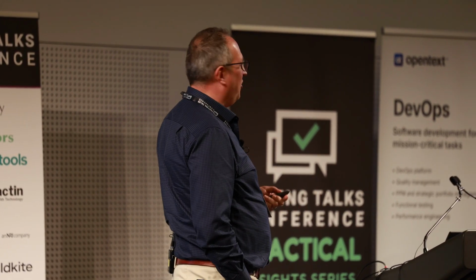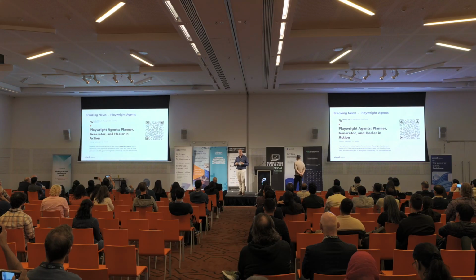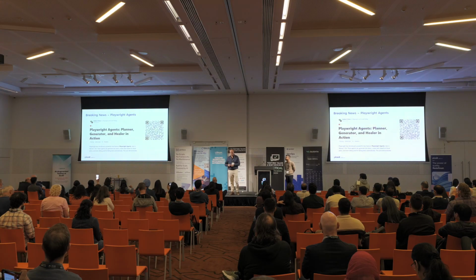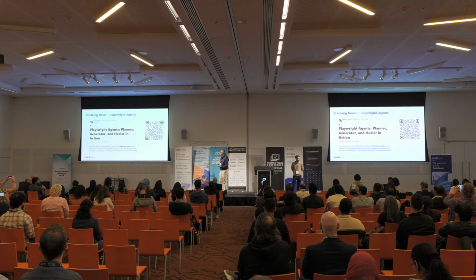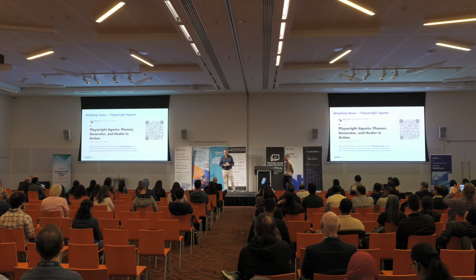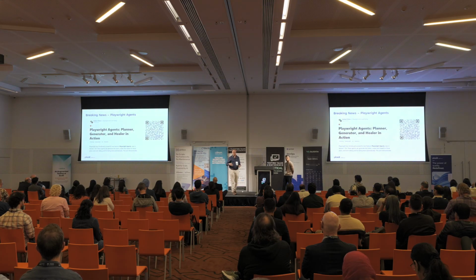As with most things in AI, this talk is now old because Playwright on Tuesday released Playwright agents. Which is great. It's really, really good. Effectively, what Playwright are now doing is, where you would get Playwright, and then you would have to download Playwright MCP and kind of run it as a server, Playwright now bundles an MCP server with it. And so in, I think it's version 1.56 of Playwright, yep, they've introduced agents. And you can now call those agents to help you write tests and create tests.